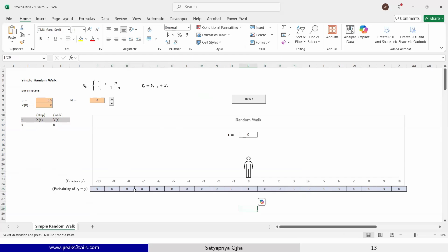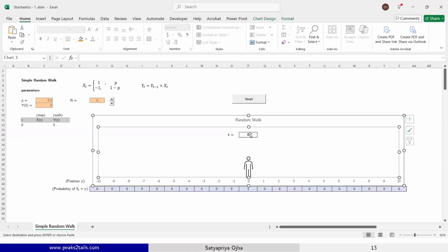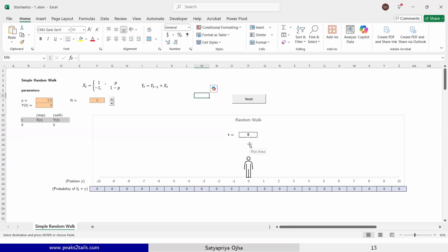This is where I am recording or specifying the probability distribution after this, at this particular time. So what all possible values can y take? Distribution of y. This one is the distribution of y for these values, -10, -9. So y can take all of these values, right? It can also extend beyond, but in 10 steps, these are the two extremes. Either it can be -10 or +10.